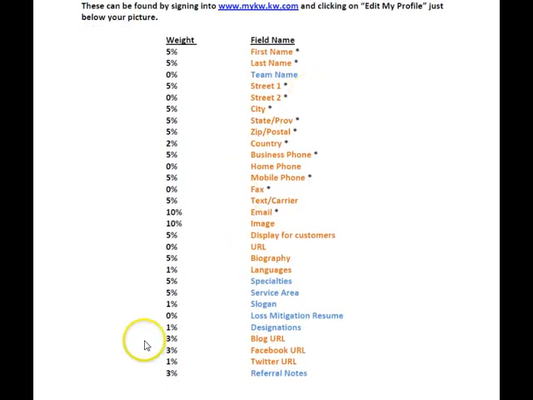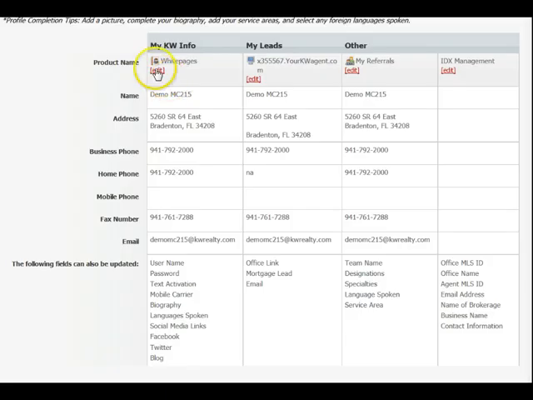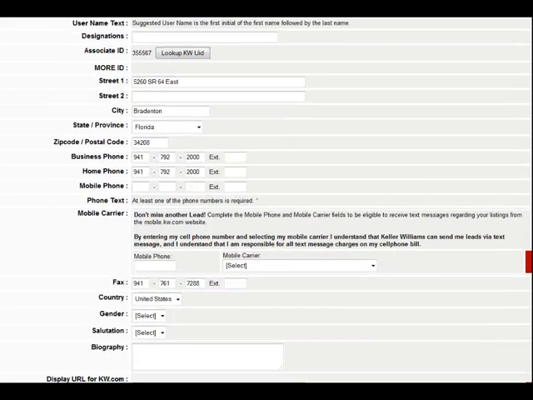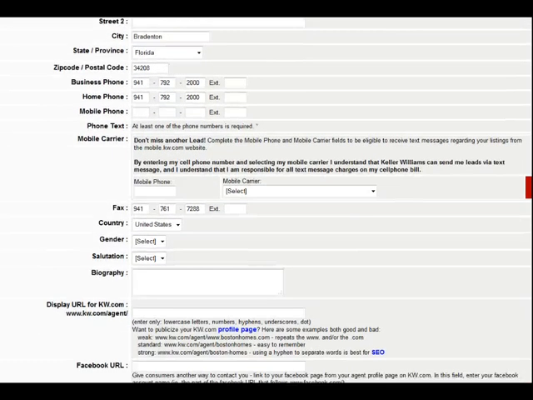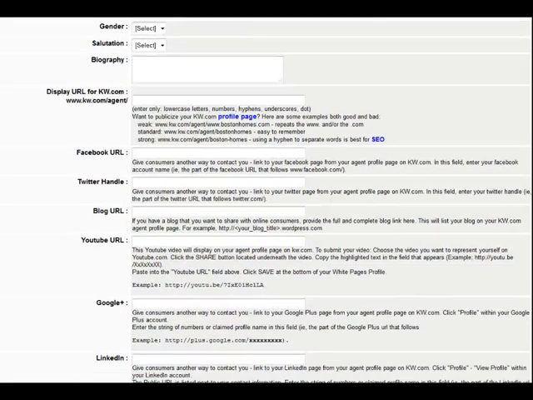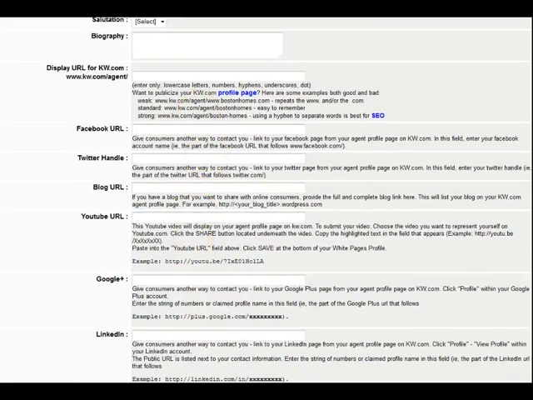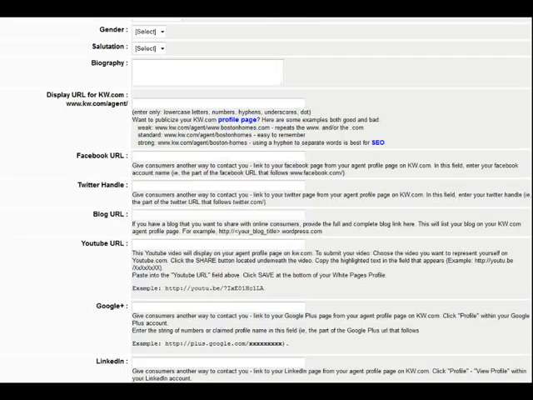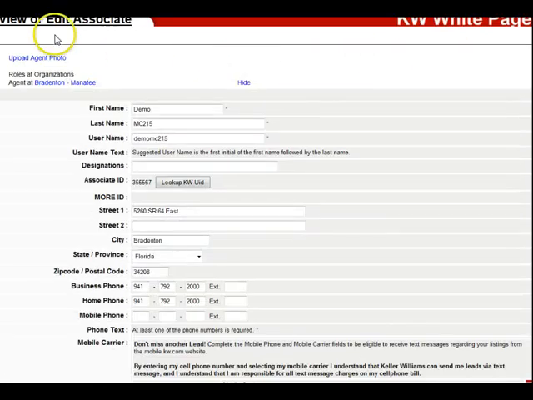So let's go back to the demo profile. And then let's click under white pages to edit. And we're going to see the things that are missing. And you can go back and forth between the white pages, setting this up, and the document that shows what's needed. And you can add the different fields that are missing to get this to the percentage, almost at 100%. The rest of this would come from